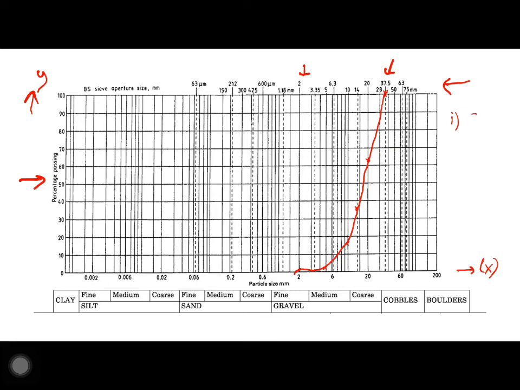So what is the S shape here? We can say that it is poorly graded. Why? Because we have the steep curve. Right. So steep curve means what? This grading only contains what particles? It contains this 2.36 until 37.5 mm, but does not have enough